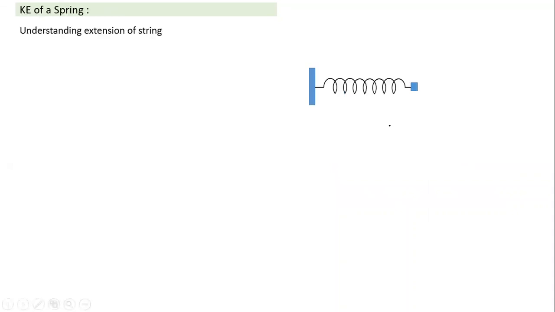Now coming to one more question, which Anita asked, and let me do that question on the spring. Let's understand the behavior of a spring a little better, the extension of a spring. So let's imagine this is a spring here. One side is connected to a fixed wall and the other side is connected to a block, so that we apply force using the block. And the spring will have a natural length, some L naught. If we imagine a uniform spring, even though it is one spring, we can imagine it has two parts. We can just mark a point on it somewhere.